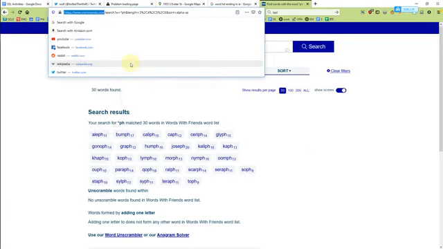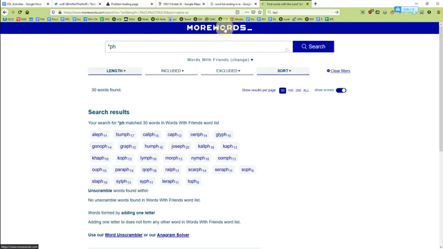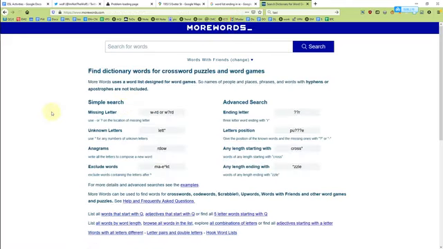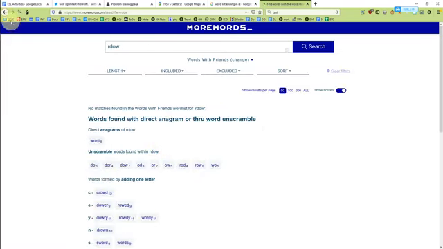morewords.com is essentially a superpowered dictionary search which gives you the ability to do very fine-tuned word searches. If you just visit their front page, you'll see some of the examples. Like it can find anagrams for you